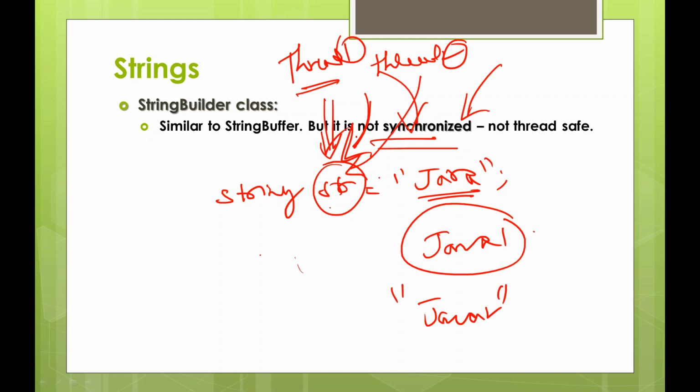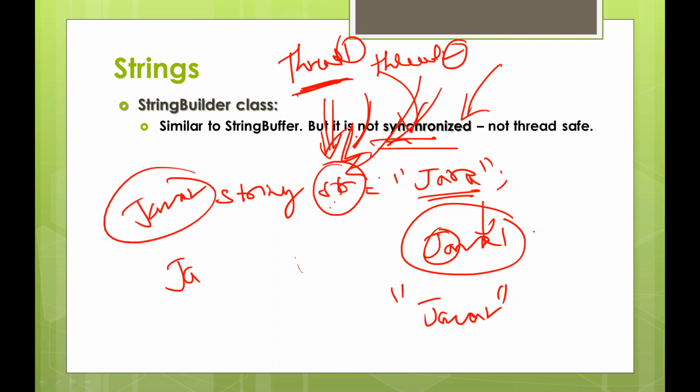In between, thread 1 might have changed it to JAVA, and then thread 2 will come and change it to JAVA2. When thread 1 tries to print, it wants to print Java 1, not Java 2. Since both are trying to access the string object at the same time,